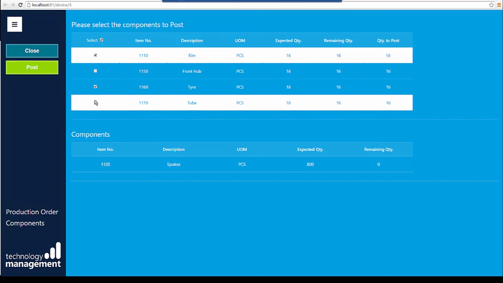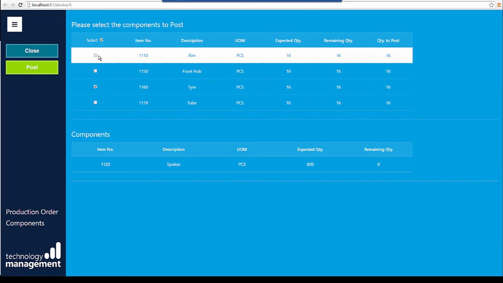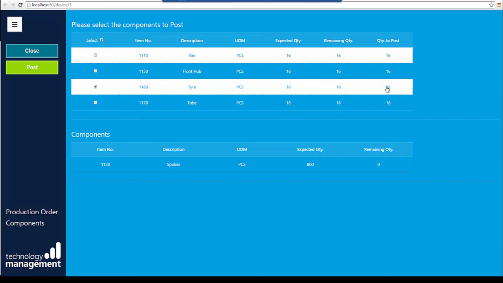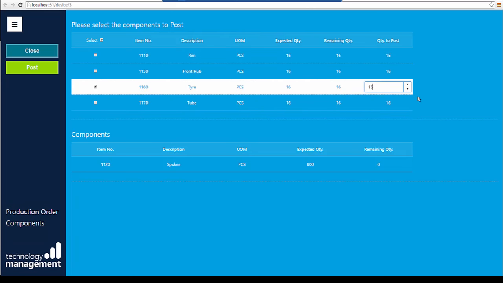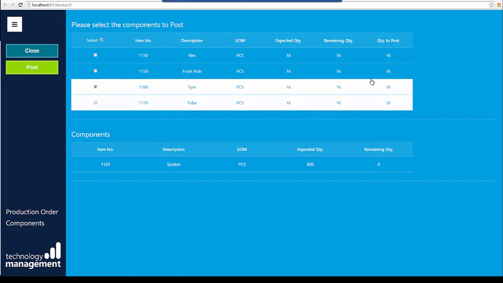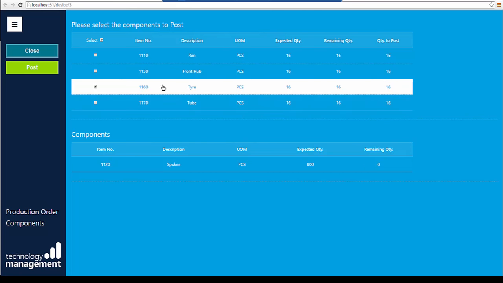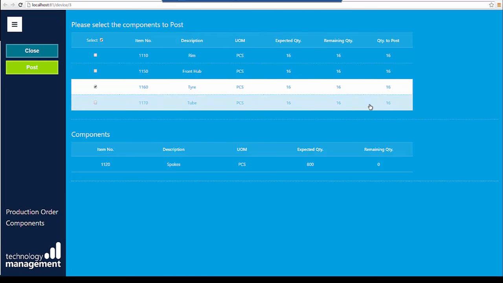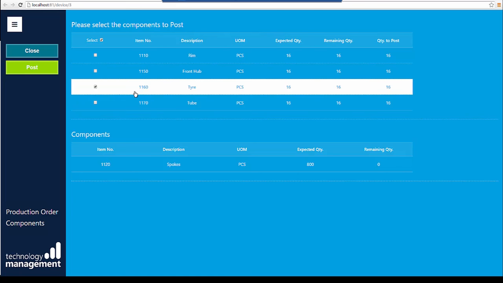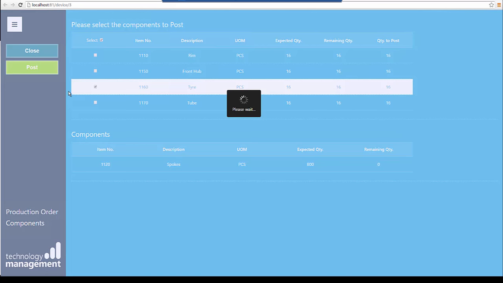So for now, let's just choose one of them. You can tap on the quantity to post column and change the default value if you need to. The default is we're expecting to consume 16 tyres, but we might need to change that for some reason. Then once you're happy, only the lines that are ticked will get posted. So I'll go and hit post,